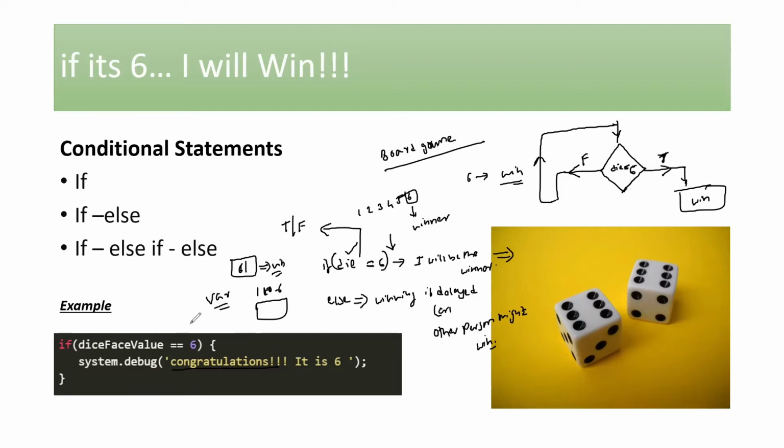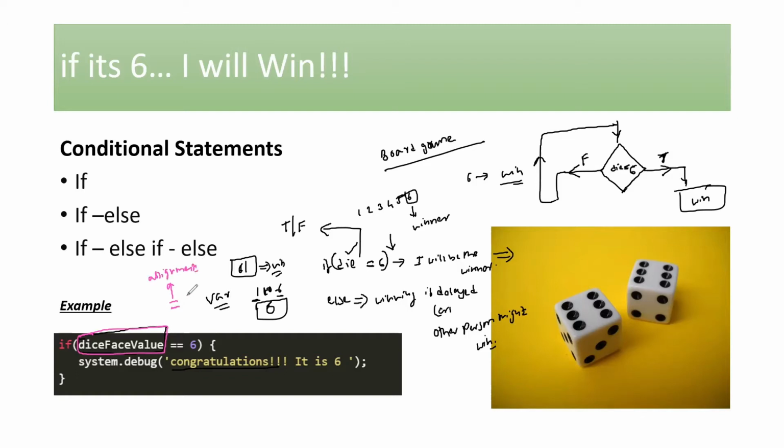Now let's understand what is the syntax for it. Now I have a variable which can go with values from 1 to 6. Now I need to check if that value is 6 or not. So whatever the value that is here, if that is 6, then I'll be declared as a winner. This value would be changing every time I'm rolling the die. Now what I need to check is if the value of the die is equals 6. Now can I write directly equals to? The answer is no. Because if you remember the previous class discussion that we had, this is nothing but your assignment operator.